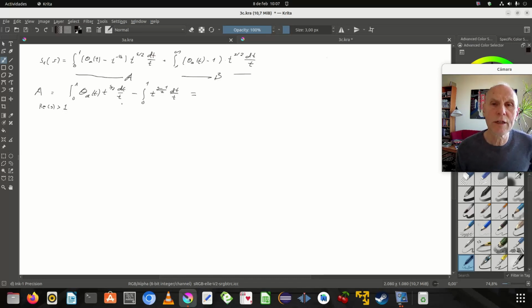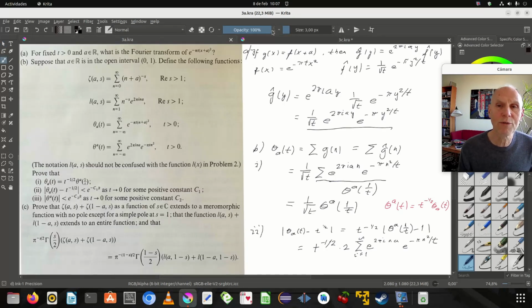They're just splitting the integral, and when the exponent of t is positive, then the total is larger than -1, so that the integral exists and just tends to 2 divided by s minus 1. Now this we must, of course, or in the book they used the definition of theta,